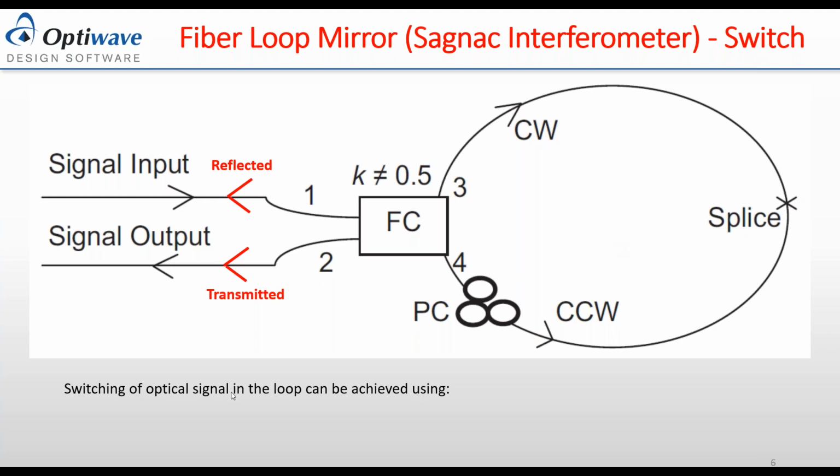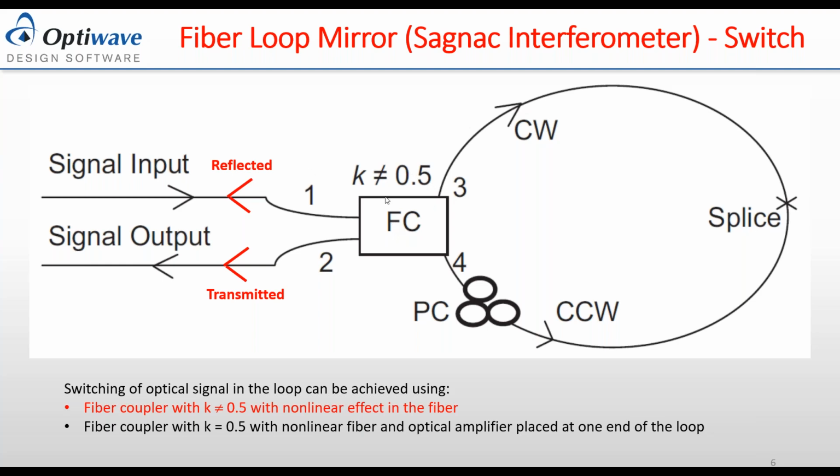Now, the switching capabilities: if you set up the coupling ratio here not equal to 0.5, it means the electric field in both directions is not equal, and then when they encounter, for example, a nonlinear effect inside the loop, the phase shift for the clockwise and counterclockwise would be different, and that's why we need it to be not equal to 0.5. However, if you make the coupling ratio equal to 0.5, then you need to add some